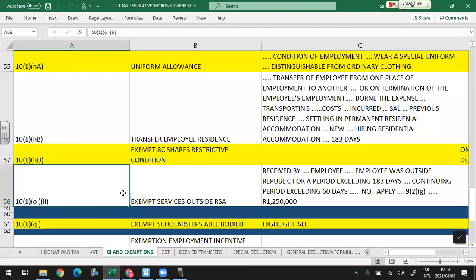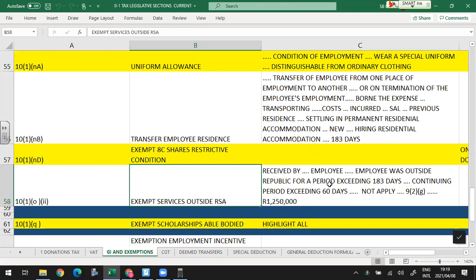There we go. 10.102. Exempt services outside South Africa. What are the requirements? It needs to be received by an employee. She was an employee. The employee needed to be outside the Republic for more than 183 days. She was 186. For a continuing period exceeding 60 days, she was more than 60 days because she came back for the grandfather's thing for 7 days in the middle, but that definitely would mean it's more than 60 days